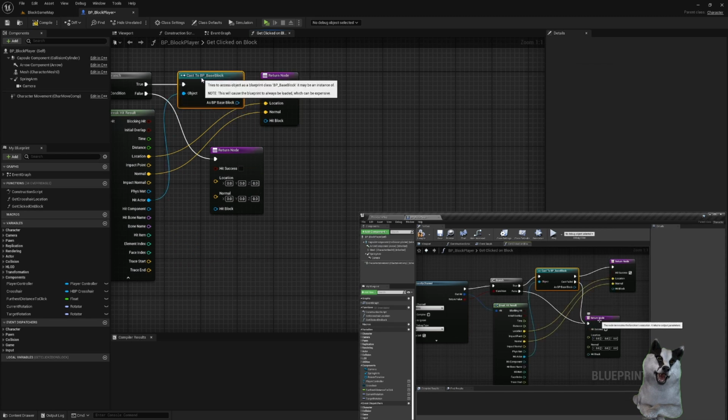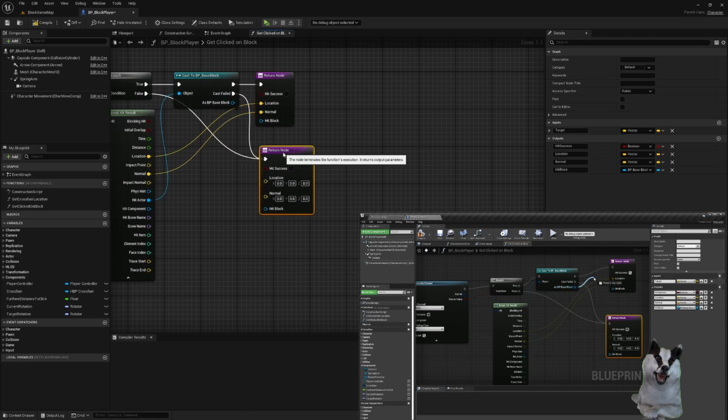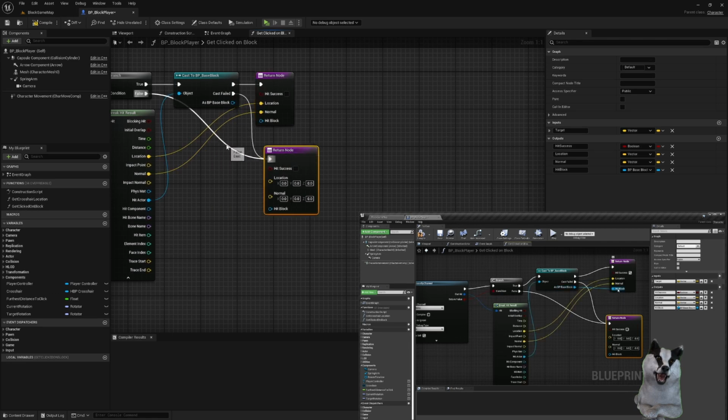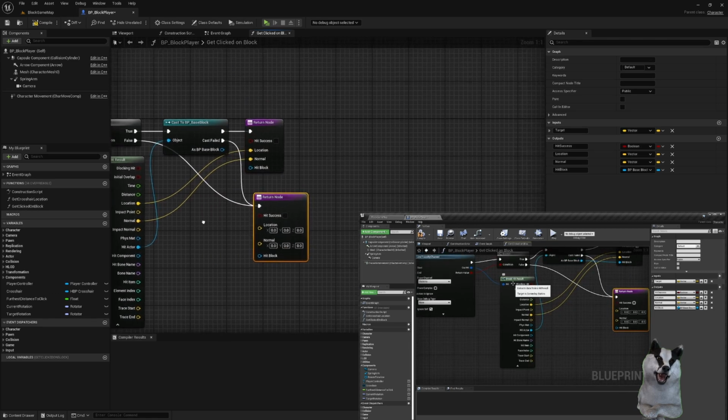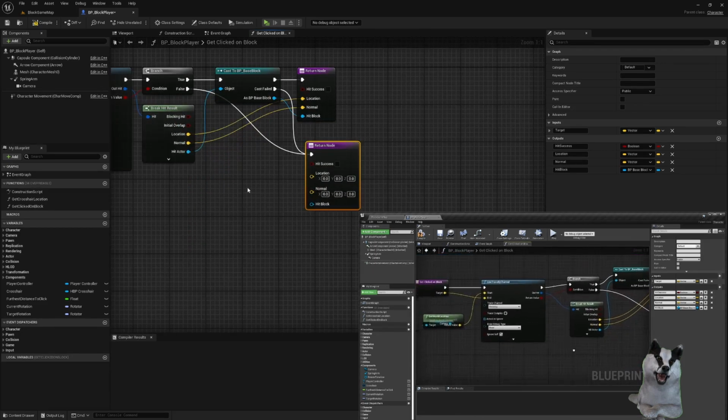And that will go to our return node as well. So we have two possible returns. The nice thing is now that we have a BP base block, we can return that as our output. You can close up the break hit result by clicking this up arrow, and we only have the nodes we need. And that's it. This function will determine whether or not